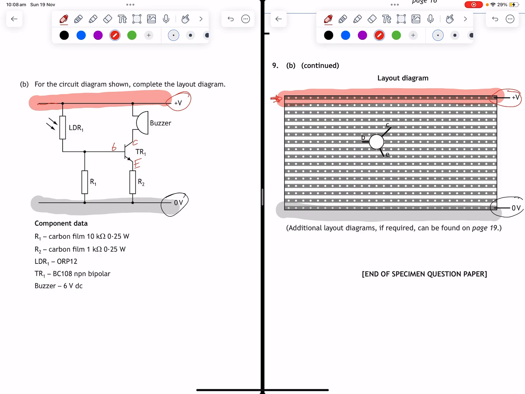If it was an IC chip, I would start to feed out from all the pins. So what's happening? From the emitter, I have a resistor that goes from here down to ground. So anywhere on this line here I can put my resistor. I'm just going to be logical here and put it to the right. You can put it anywhere. You could start it from there,